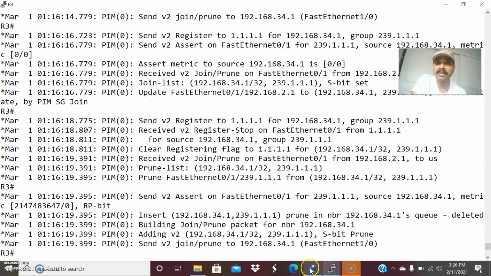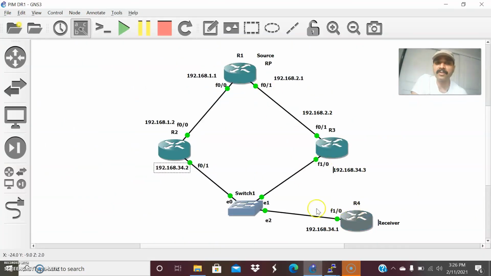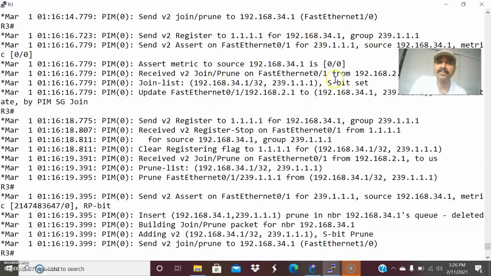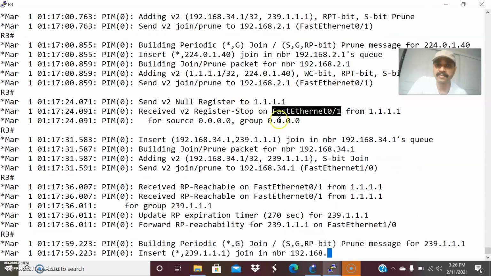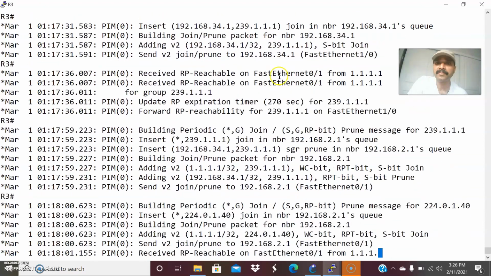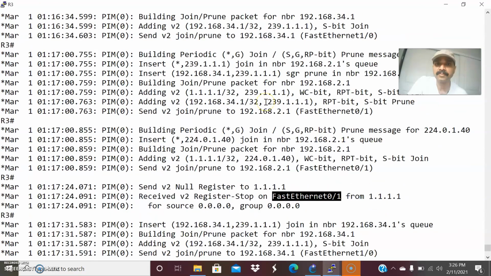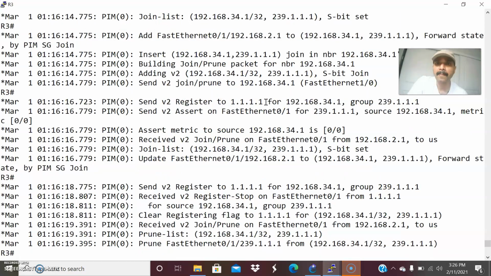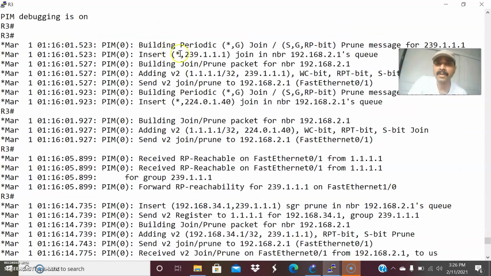So it is sending the register message for 34.1 to the corresponding RP. That is the thing you are seeing here, for FastEthernet 1/0. Let us scroll up and you can see the messages over here.